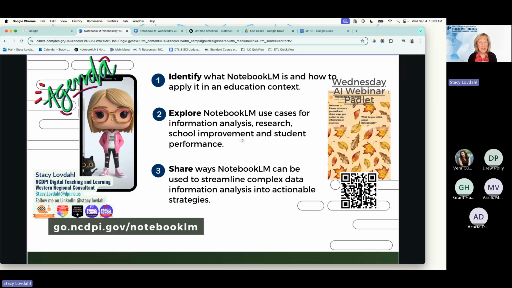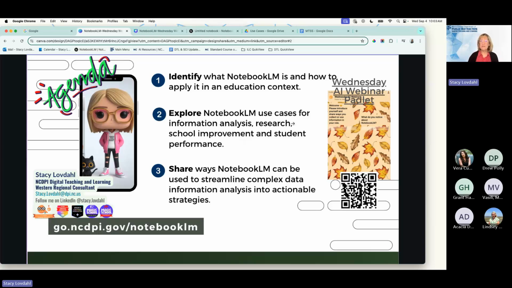use it. So I've got this Padlet here. It is a new one. During the summer, I know some of you were tuned into the Summer of AI webinars, and I had the Summer of AI Padlet. That one is still over there. I'm not going to delete it because it was full of some amazing ideas. So that Padlet is still living its life over there in my Padlet account. But I've got a new Wednesday AI webinar Padlet